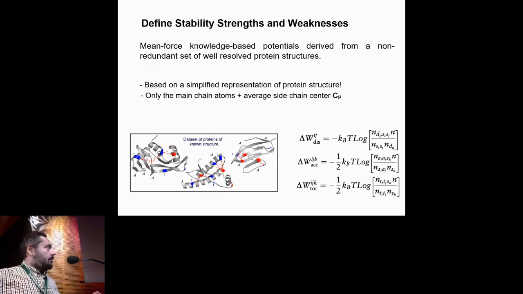Just a simple example: we have phenylalanine and tryptophan separated by 3.9 Angstroms. Just by counting how many of this configuration there are in our data set, how many couples of phenylalanine and tryptophan there are in the same data set, and how many couples of residues are separated by 3.9 Angstroms, we get the energetic value of this configuration.